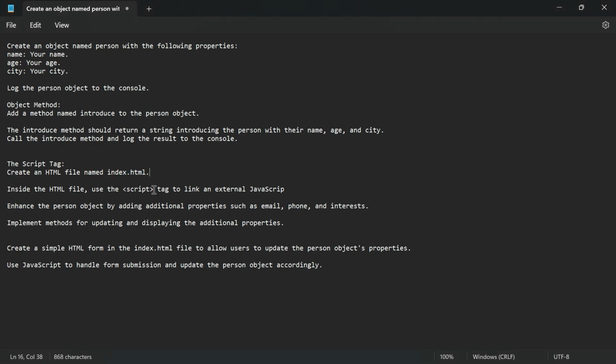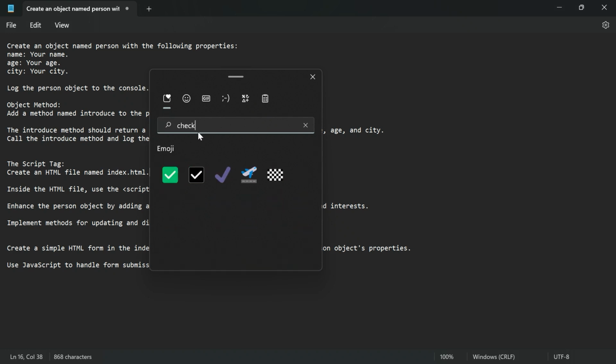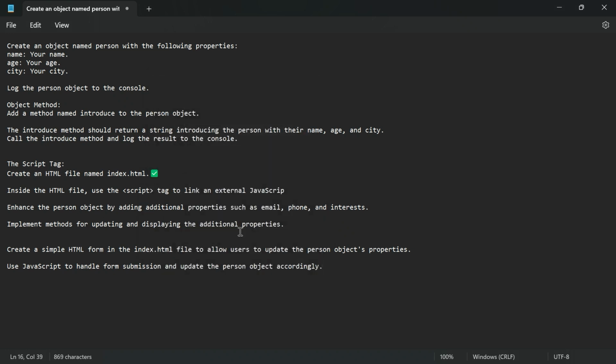Now the second step is: inside the HTML file, we should use the script tag to link an external JavaScript file. So what we need to do here,